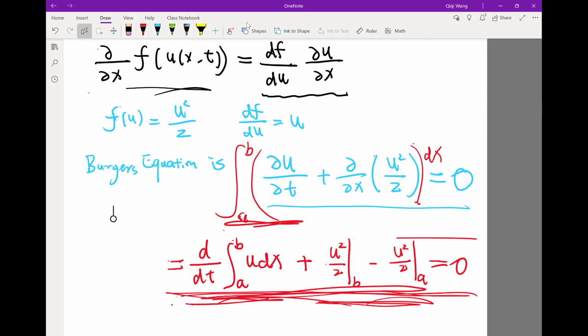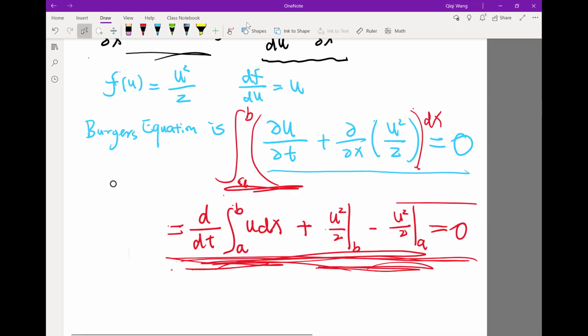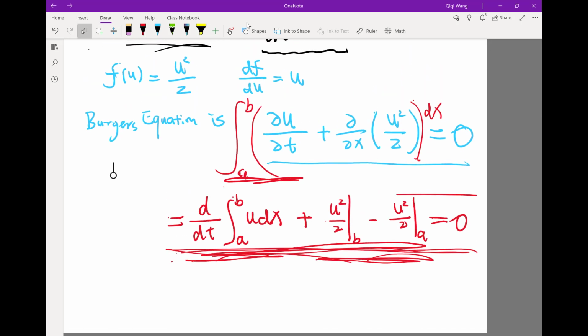So this only applies to Burgers' equation, but I'm guessing we have to do this process for multiple equations. How would you do that generally? How would I do that in general? That's a very good question, and the short answer is I cannot do that in general. I cannot do this to any partial differential equation.